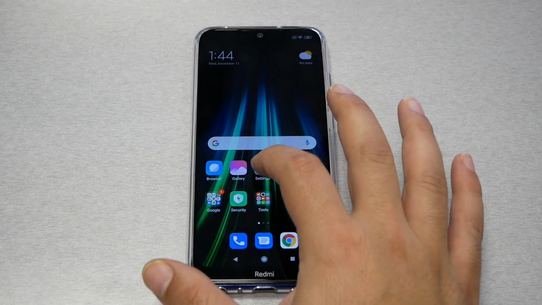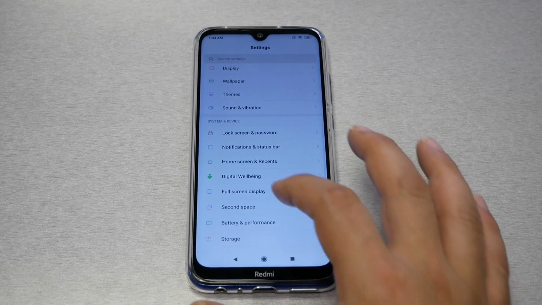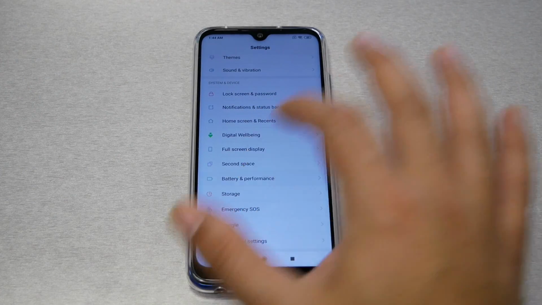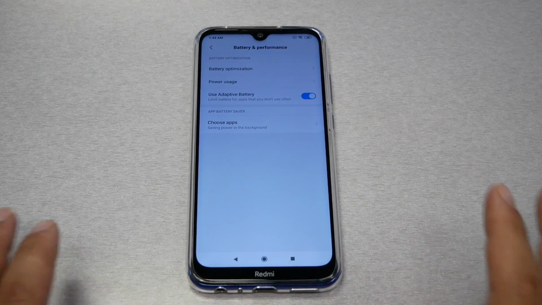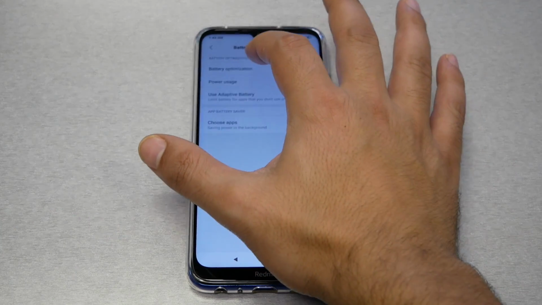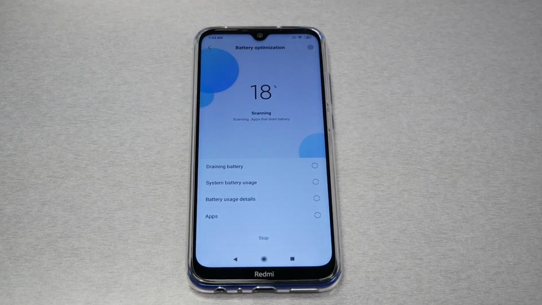This needs to be done. You have to go to the phone settings and then go to battery and performance. Now you will see two different options over here. That's what we need: battery optimization. You go to this and the phone will scan all the apps on the